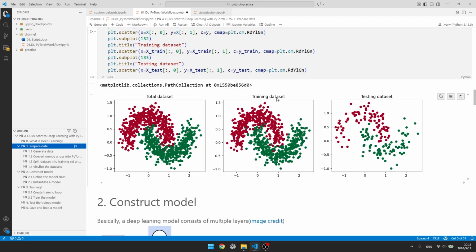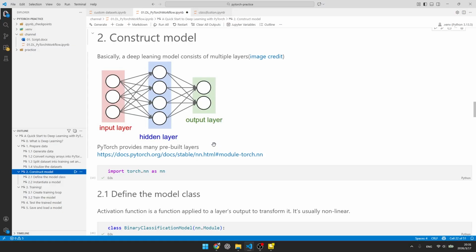Because we already used the training data during training, if we still test our model on the same dataset, it's just kind of like cheating. So we need totally new, unseen data to test our model to make sure that the model really learns something useful.